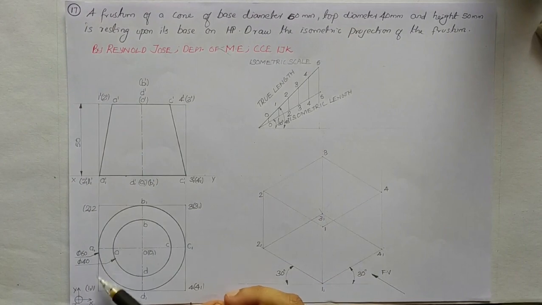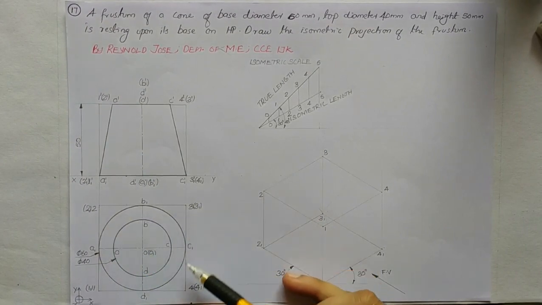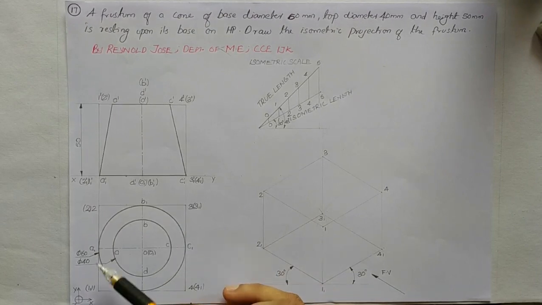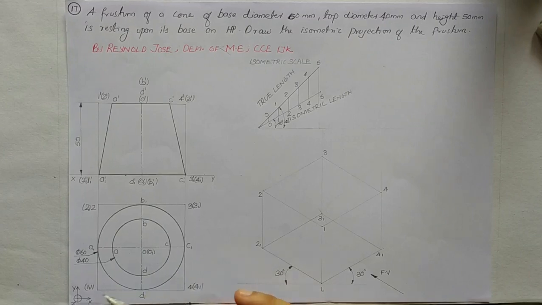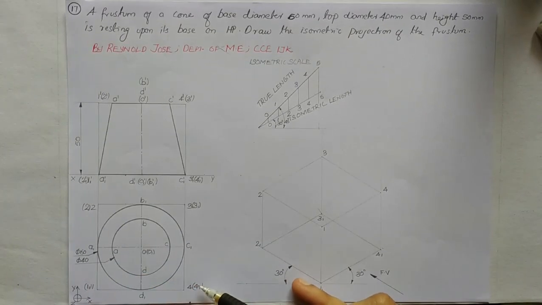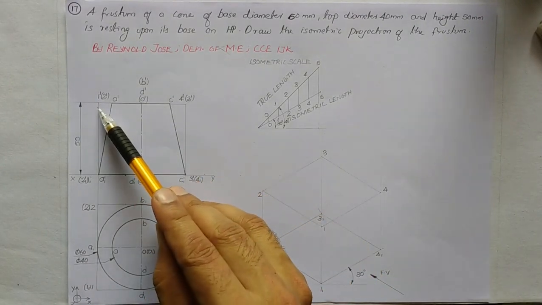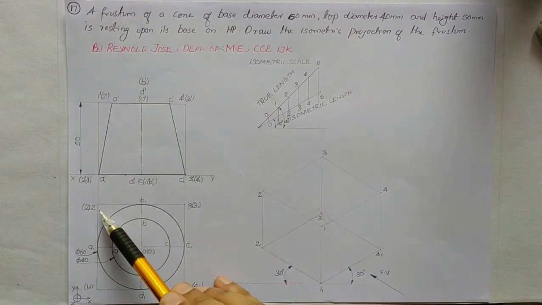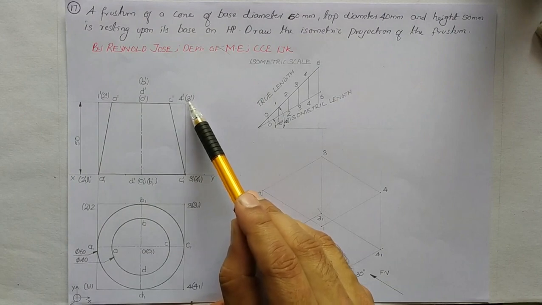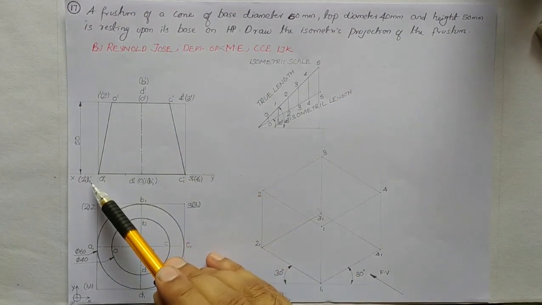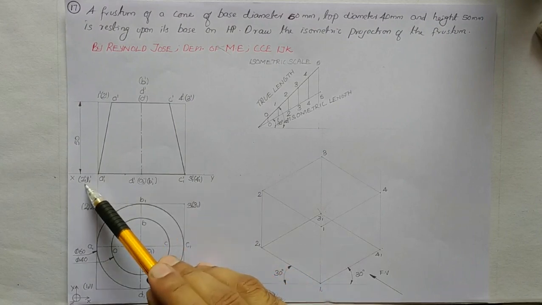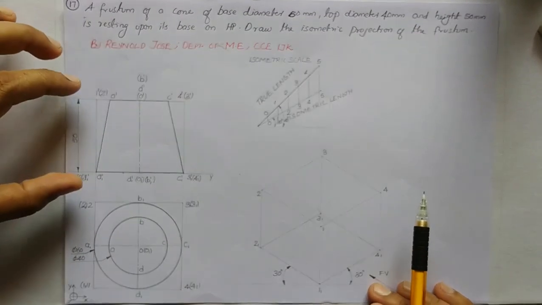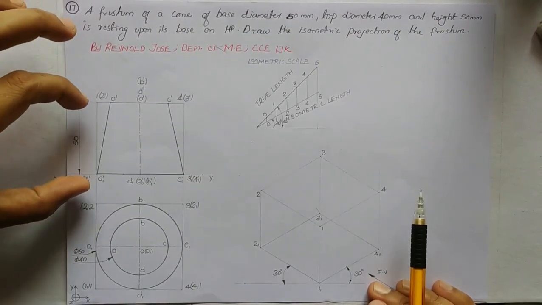In the top view, the top face of this square prism in which this frustum of a cone is placed is named 1, 2, 3, 4, and the bottom face is 1 1, 2 1, 3 1 and 4 1. Likewise in the front view, here it is 1 dash, 4 dash, that is visible, and 2 dash, 3 dash will be invisible. Along the base, 1 1 dash, 3 1 dash is visible, and 2 1 dash, 4 1 dash is invisible.